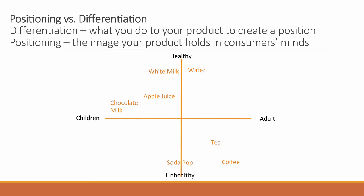I want to close here by discussing the difference between differentiation and positioning. We discussed positioning in a previous module, and positioning is the image your product holds in consumers' minds. So positioning refers to the consumer and what the consumer thinks about your product. And here's a perceptual map we looked at previously for some drinks. While positioning is the image your product holds in consumers' minds, differentiation is what you do to your product to hopefully then, if your product is well differentiated, create a particular position in consumers' minds. So differentiation is what you do to your product. Positioning is the image the product